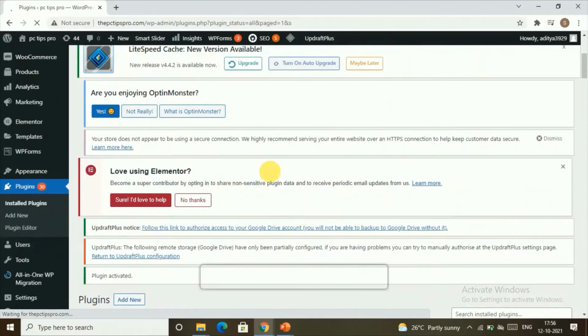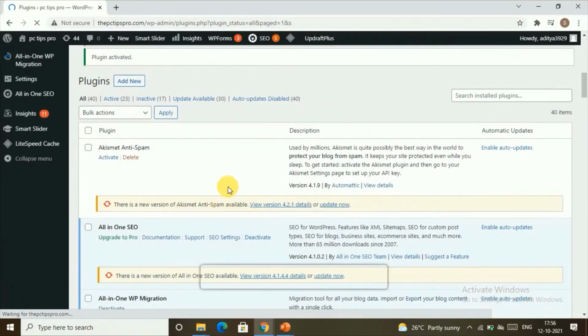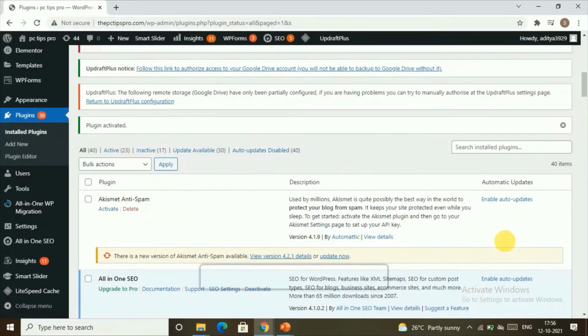Now we have successfully installed the plugin, and our login page will be added to the website. If the user already has an account on your website, that user will be able to log in, and if he doesn't have one, he can register or sign up to your website.